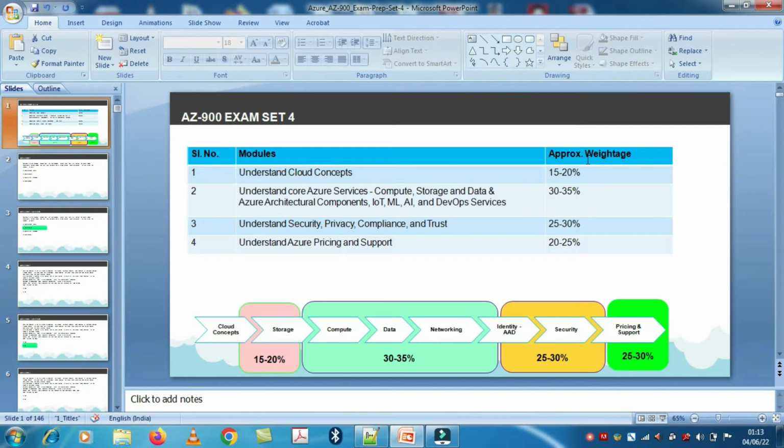Welcome to the new session of AZ-900 exam, that is the Azure Fundamentals exam, set 4. In this particular session, we are mainly going to cover around 72 questions. And yes, guys, before we start the questions and answers, let me tell you that till now we have